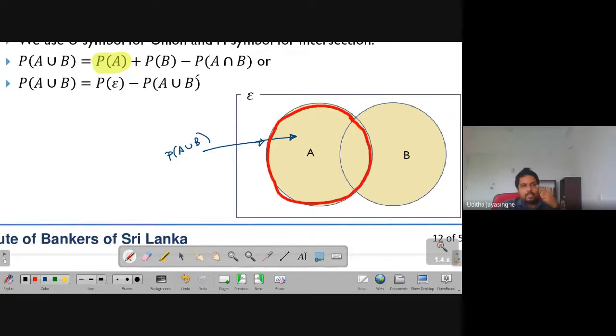Okay. For the P A or A union B, now I have taken the first part. This is done. Now I'm going to add the second part. What is that? P B. Okay, now I'm going to add it again. Fine, this area is covered. Now once I'm going to cross here,